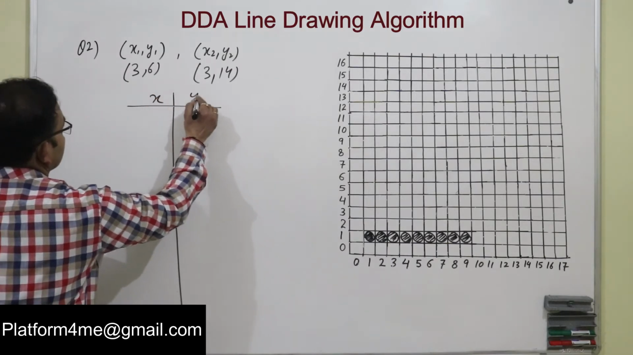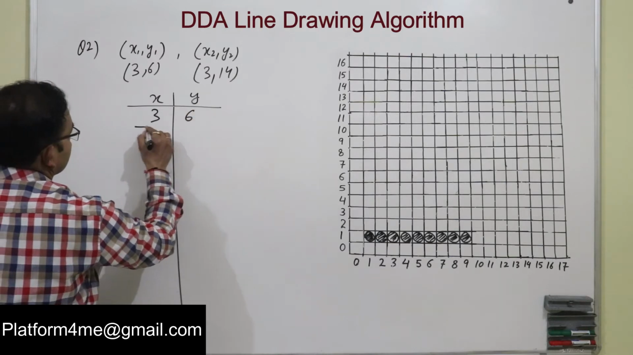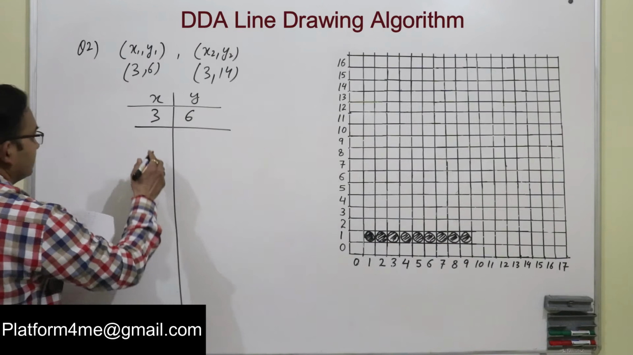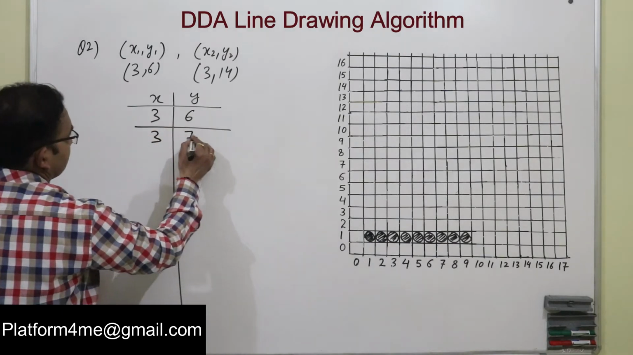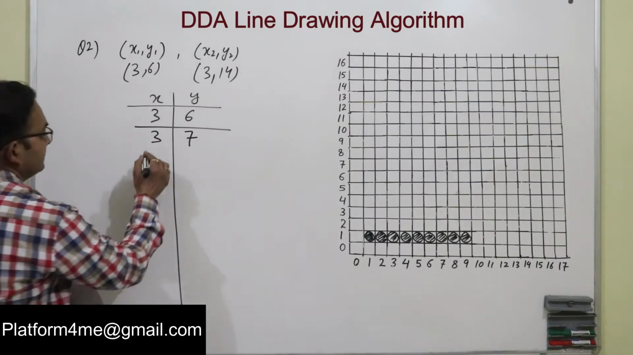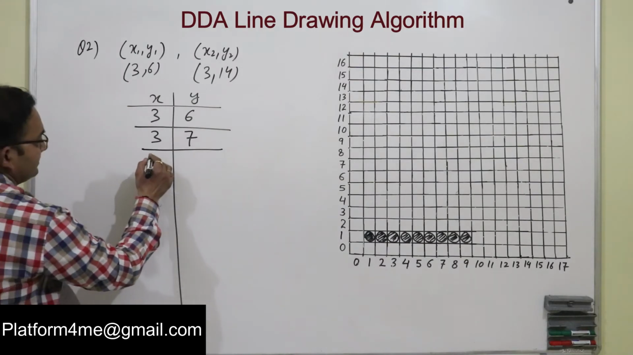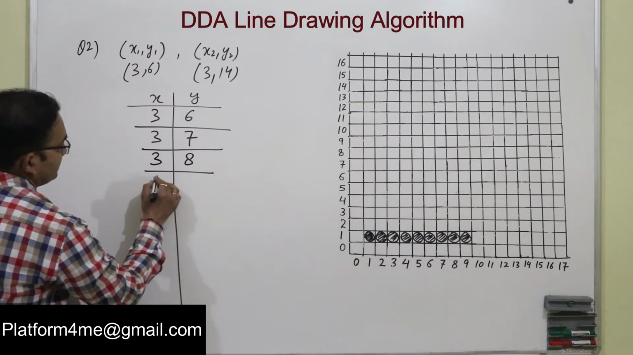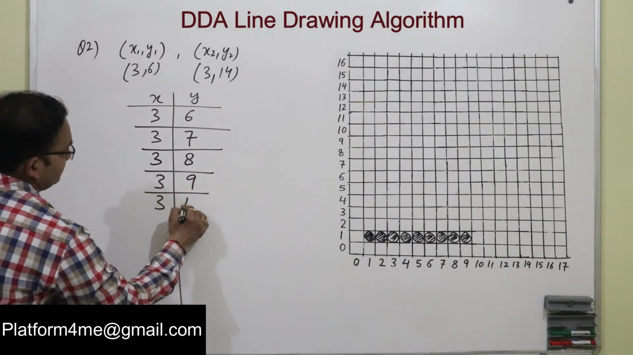X, y, it is 3, 6. There is no increment in x, so it will be 3, it will be 7, because there is increment of 1 in y. So, we will continue in this manner. X is 3, it will be 8, x is 3, it will be 9, x is 3, it will be 10,